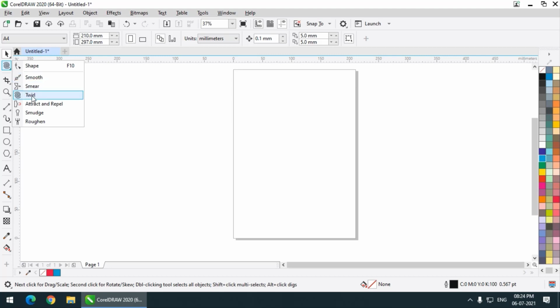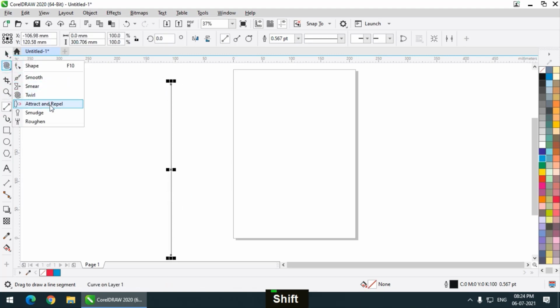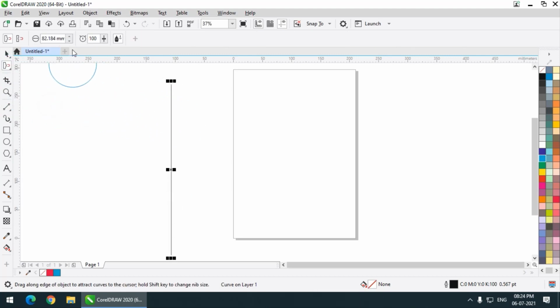So this was the twirl tool. Now again, let me create a line. Now the attract and repel tool. We have a couple of options in the attract and repel tool. First of all, we are using the attract tool. So this will simply attract any outline which is present.